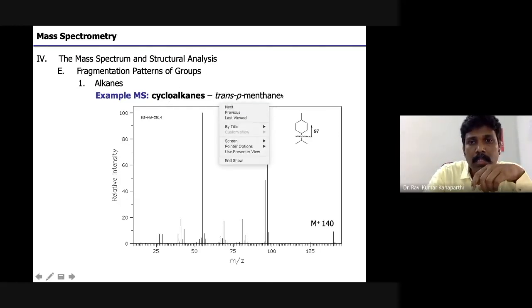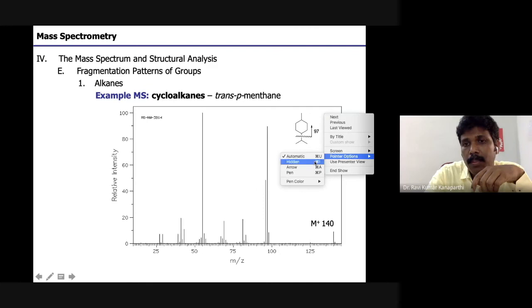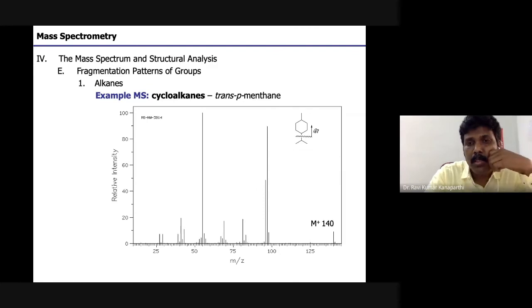We can see this type of branched cyclohexane. It has an isopropyl group here and a methyl group on the cyclohexane, and then this cleavage is the most preferred one. By cleaving this one, you can write down which one is the base peak and which one is the other one. And this is another type of cleavage that is possible.